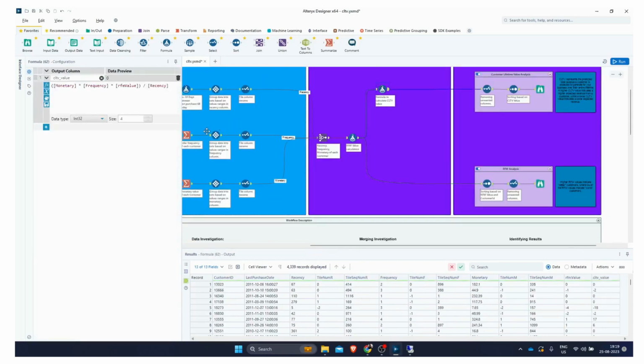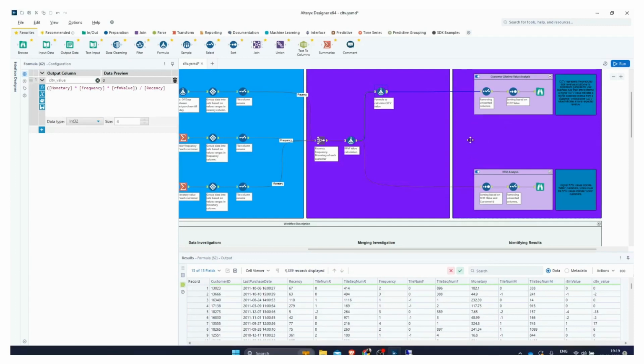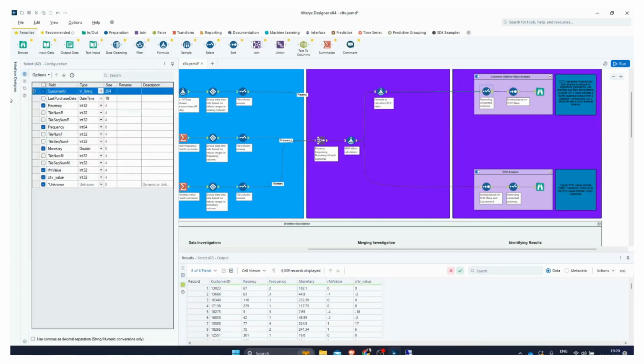Step 3. CLTV calculation. Now that we have the RFM value, we'll split the workflow into 2 branches. In one branch, we'll calculate the Customer Lifetime Value, CLTV. Using the Formula tool, we'll calculate the CLTV value based on business-specific formulas and calculations. The Select tool will be used to remove any unwanted columns, and the Browse tool will allow us to examine